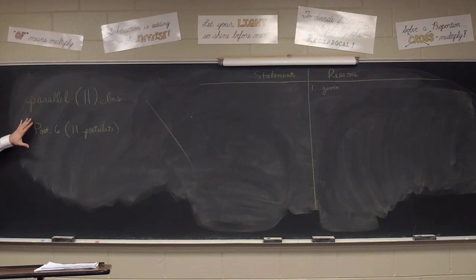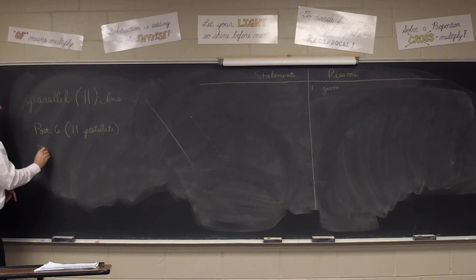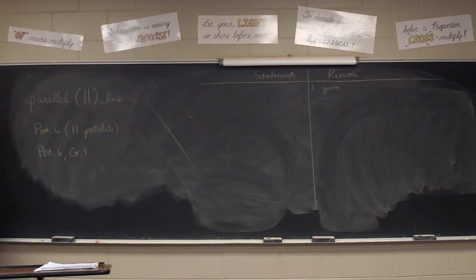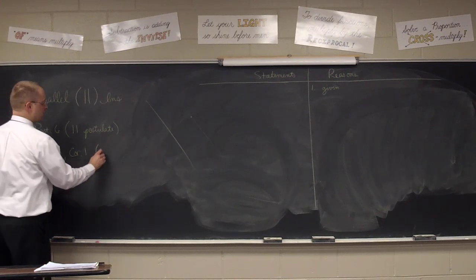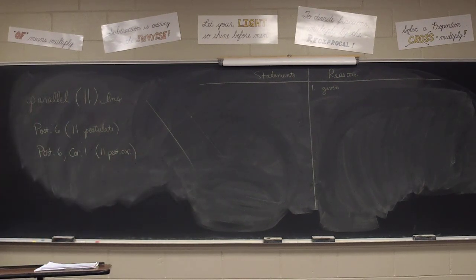Any questions or contesting postulate 6? All right. If we accept postulate 6, there's another statement that follows logically. We're going to call this Postulate 6 Corollary 1. This is the parallel postulate corollary. If you accept that you can only have one parallel through a given point, then you